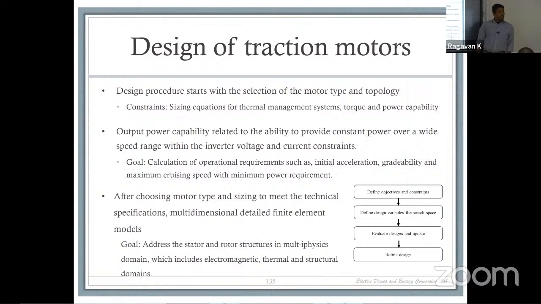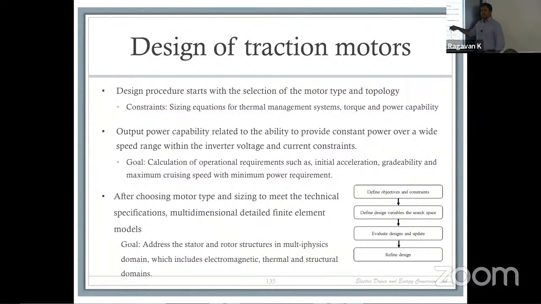Why? Because a lot of times you will hear people talking about the fact that, well, I want to have induction motors because no permanent magnets, or I want to have PM because we have an artificial permanent magnet we make here, so we can easily get it, and we don't have any problems when it comes to noise. We are putting it in the middle of nowhere, so don't worry about that. So you can select which type of motor you're going to get based on your application. You have to look at sizing for thermal management, torque, and power capability. So basically designing objectives and constraints.